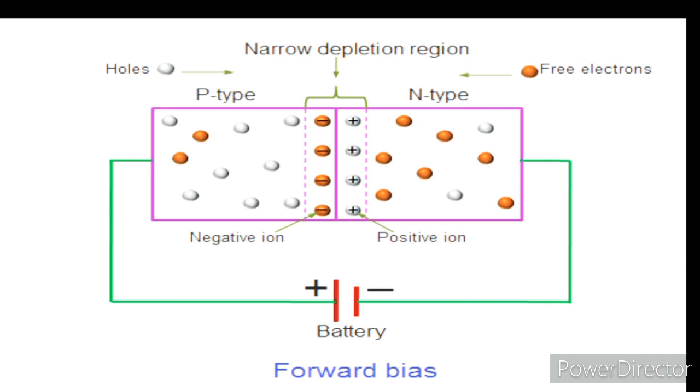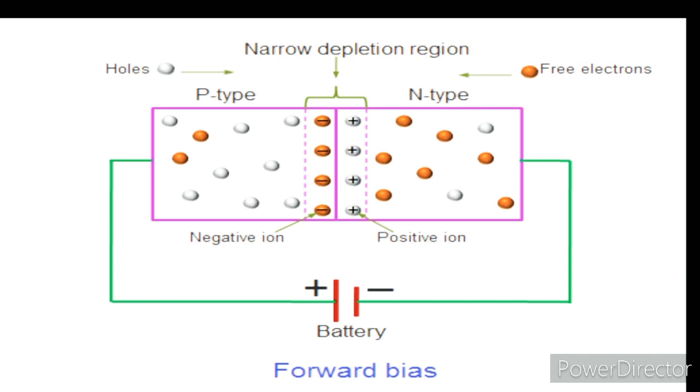Because of diffusion, the depletion region is created, with negative and positive ions at the center. In this region, holes cannot change position from P-type to N-type, and electrons cannot jump from N-type to P-type. It means the current conductivity at this time is 0. The depletion region barrier potential is 0.7 volt in silicon and 0.3 volt in germanium.